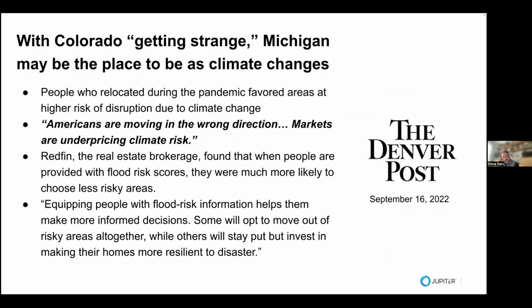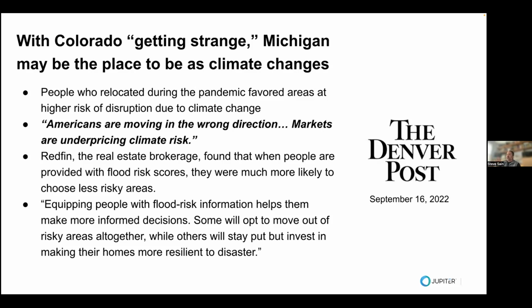This was an article in the local paper, also from the fall, talking about migration and people moving around in the U.S. during the pandemic, and how they were moving to places that you might think would be more susceptible to problems in climate change. There was a great quote about people moving in the wrong direction and markets underpricing climate risk. And that's going to be a theme as we move forward: trying to get the right information so that we can price climate risk correctly,